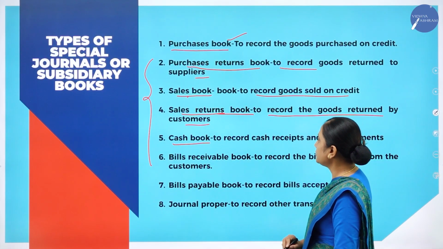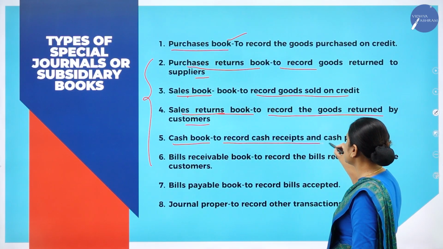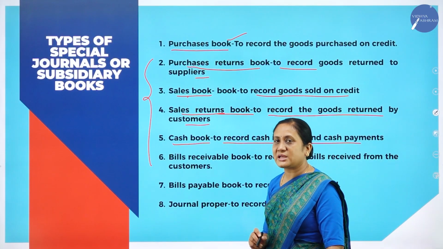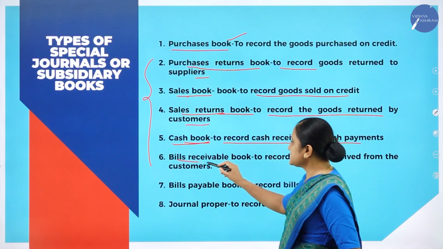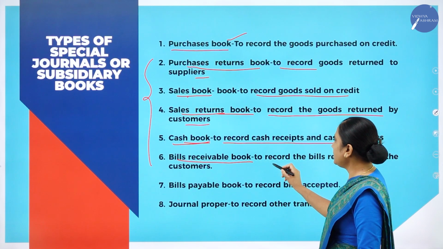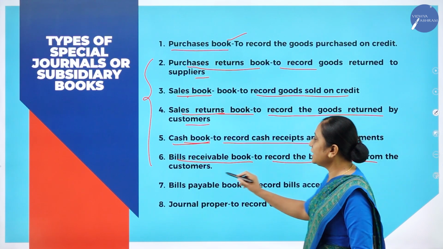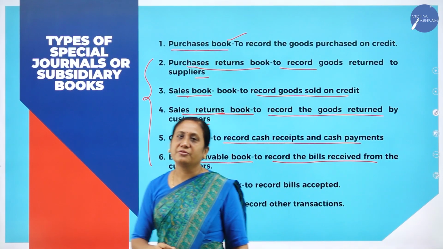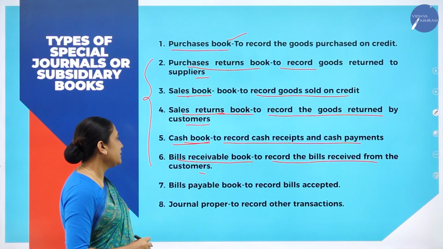Why is this cash book maintained? That is to record all the cash receipts and cash payments. To record all cash receipts and cash payments, the cash book is maintained. Bills receivable book. The bills receivable book is maintained to record the bills received from the customers. Whatever bills are received from the customers will be recorded in a separate subsidiary book called the bills